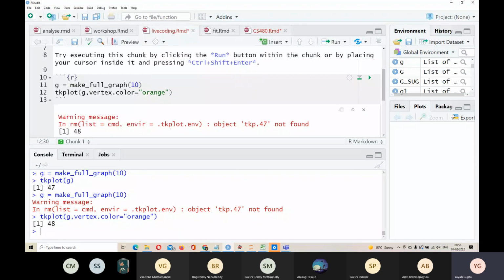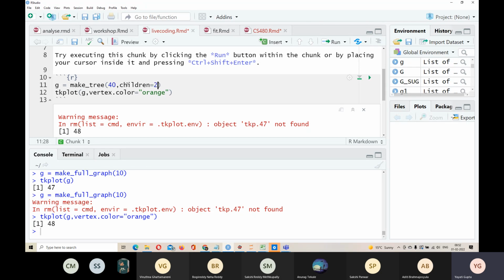Then you have more kinds of graphs, so you can make a tree kind of graph. So you can choose to have a tree. This 40 is the number of nodes which I want. Then you have an attribute which is children. This function is used where every node has the same number of children.